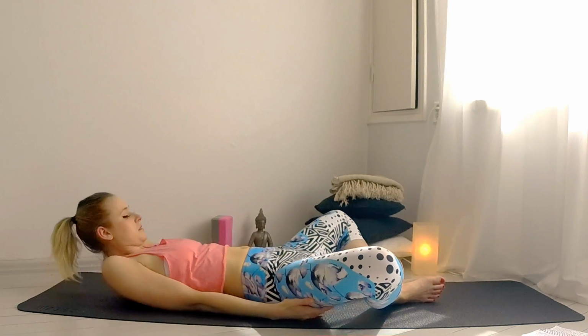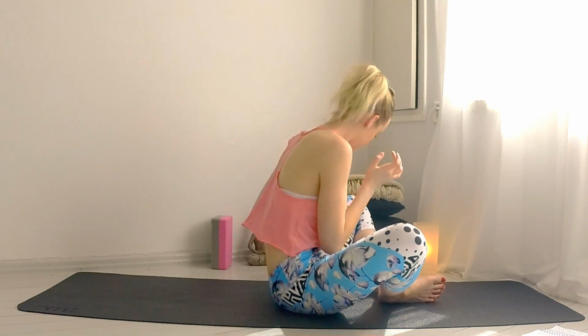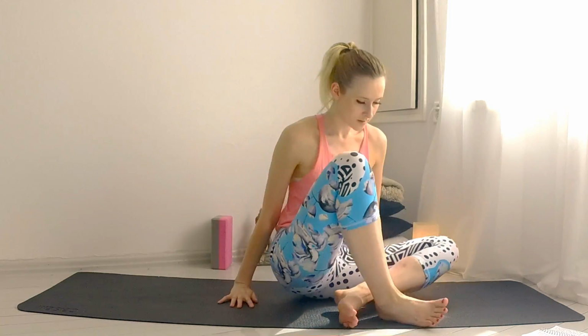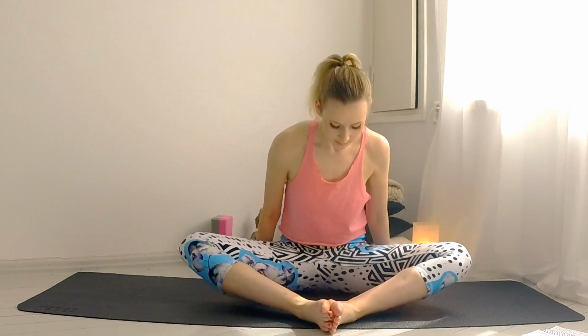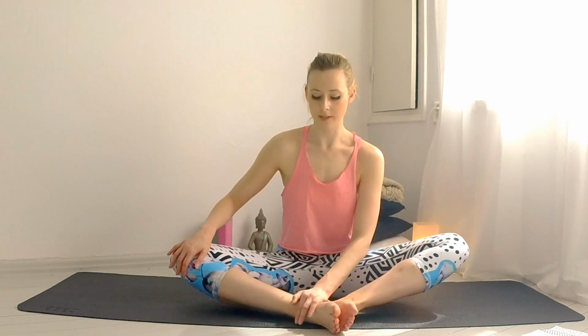And let's come up. And now, stay in that butterfly pose. Begin in it, just correct your position, but come up. And then we will go into a deer pose, which means that the right leg will remain here,